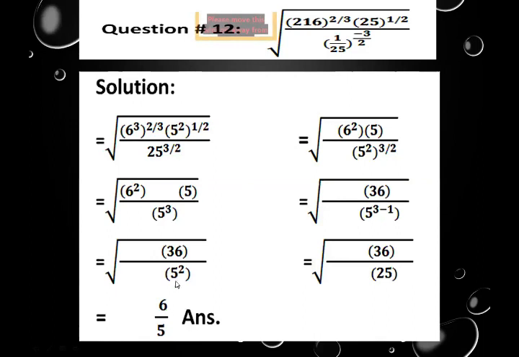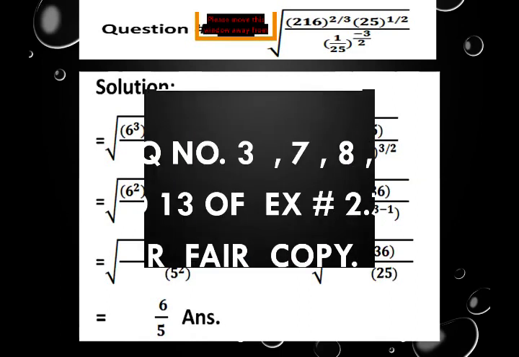When we apply the radical here, 36 will be extracted out from the radical sign, it becomes 6. 25 will also be extracted out from the radical, so it becomes 5. So 6 over 5. You have to take a screenshot, and follow the steps carefully so it becomes easy to understand.